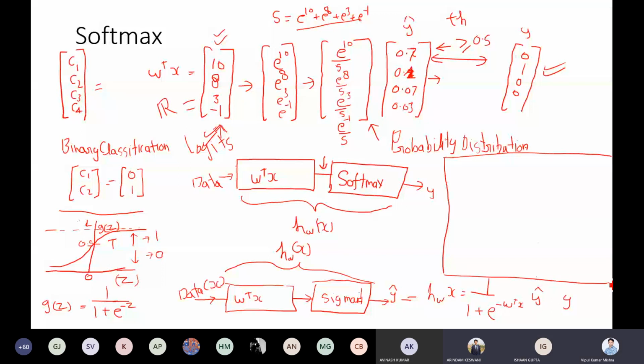Because if you look into the one hot vector, ultimately a class is nothing but a category. Like you have a category of cat, a category of dog, and some other animal, say x1 and x2. When you talk about cat, it is 1 0 0 0. When you talk about dog, it becomes 0 1 0 0. For the x1 category, it becomes 0 0 1 0. And for this one, it becomes 0 0 0 1. In that way you can represent the correct output.